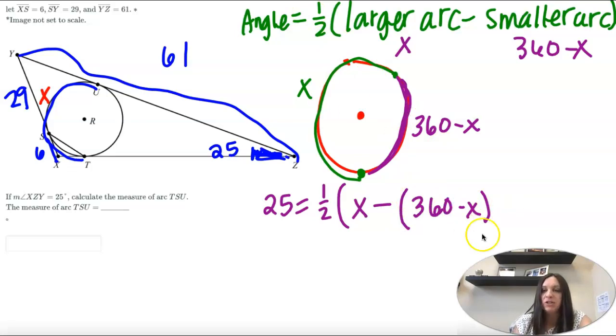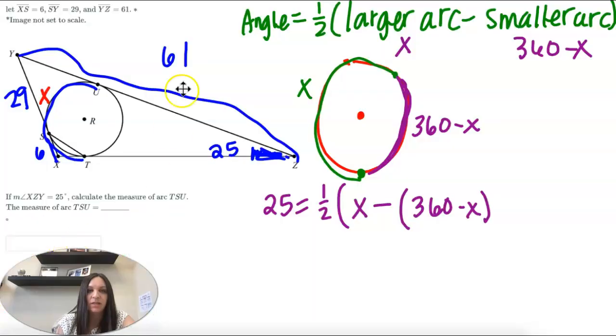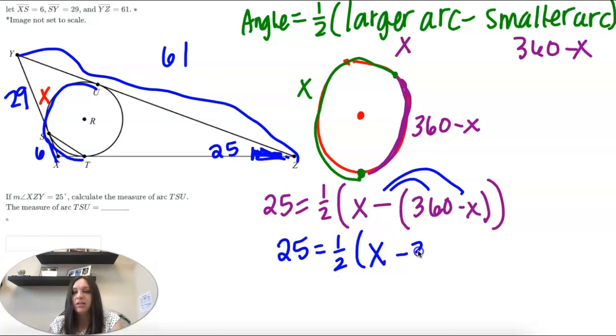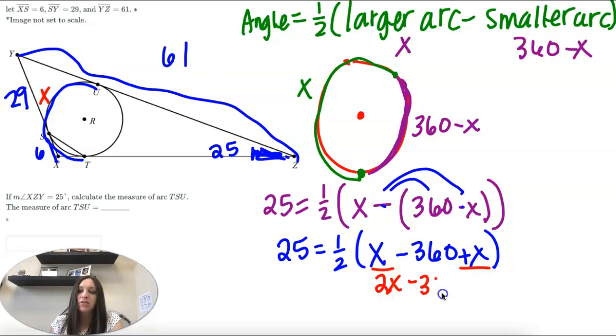So maybe you're like, why did she put parentheses around the 360 minus X? It's because I have to subtract the 360 and the negative x. I have to keep it balanced. It's an equation. So I have x minus 360 plus x minus minus. So now I'm going to combine my like terms. I have two x's and I have a minus 360. Timesing that by 1/2